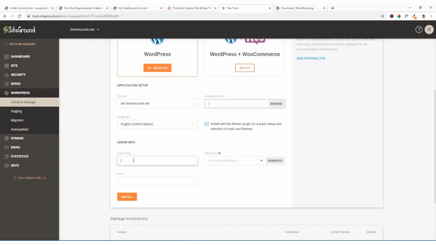Okay, I'm going to choose and just generate a password. I'm just going to hit this button to copy the password. Okay, password copied. And email address, hit this orange button to install WordPress CMS for your site,